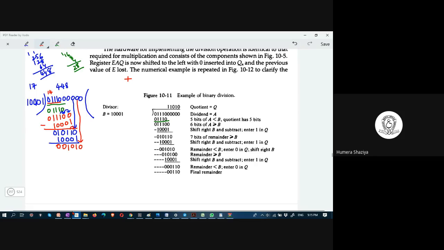This one is 0. And is this remainder smaller than or greater than the divisor? This is 1, 2, 4, 8. It is smaller. This is 8 plus 2, 10. Smaller means what do you have to do? You have to bring down another bit from the dividend. You get 0. This is 1, 2, 4, 8, 16. This is 20. 20 is greater than 17, which is the divisor.